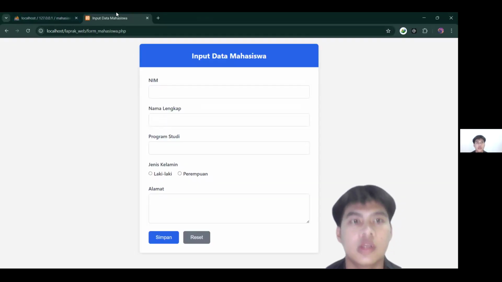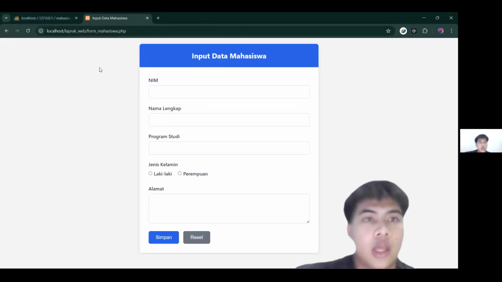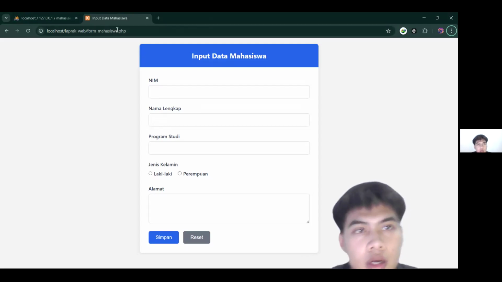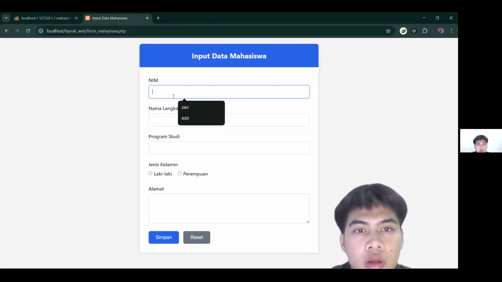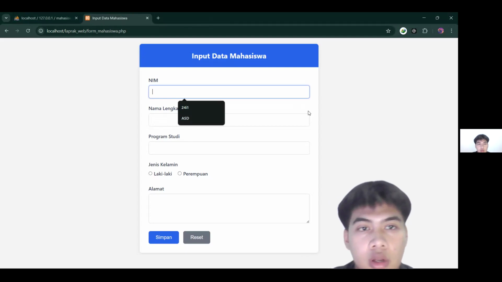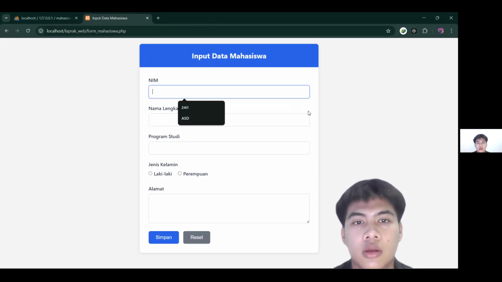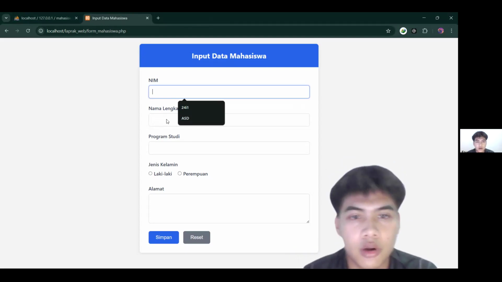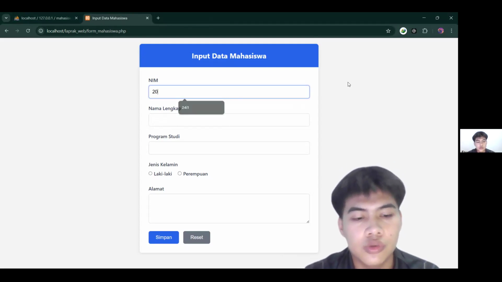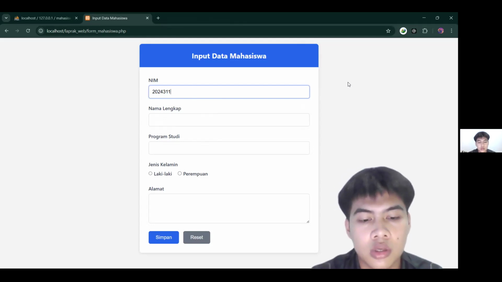Now you can see the website named input data mahasiswa. Now we're going to input the name or student ID. For the example, we use my student ID, 202431175.